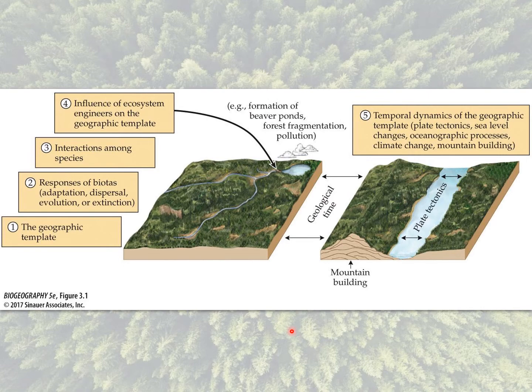So ultimately what we're saying here is that this geographic template is like layering all these things on top of each other. So you have the responses to the physical conditions, which organisms have lots of different responses. They could evolve adaptations, they can move around, they can have large scale evolution, like become different species altogether, or become unsuccessful and go extinct in some cases too. So that all happens, and then you have these interactions on top of that. How are species interacting with each other? And something I didn't really mention, but you can have the influence of ecosystem engineers,